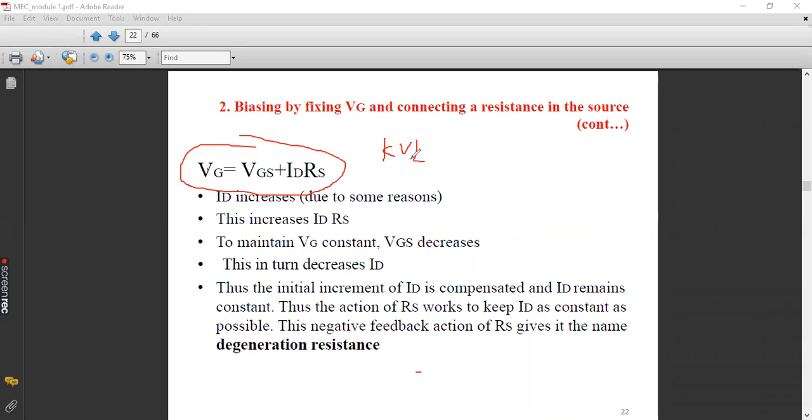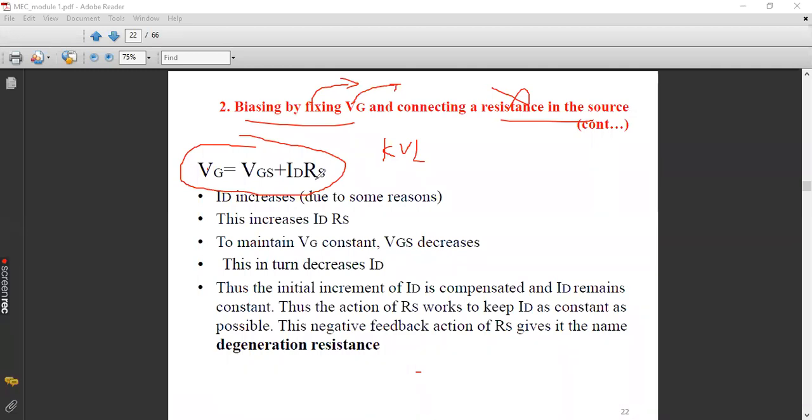Now, by making use of this circuit, you are going to substantiate that this technique will perform better when compared to the previous technique. What was the previous technique? In the previous technique, I was trying to fix VGS without any source resistance, correct? But here I am using an extra source resistance at the source terminal. Apart from that, I am concentrating on fixing VG instead of VGS. Now, what do you mean by VG? VG is the voltage at the gate terminal with respect to ground, whose equation is given by VGS plus IDRS.